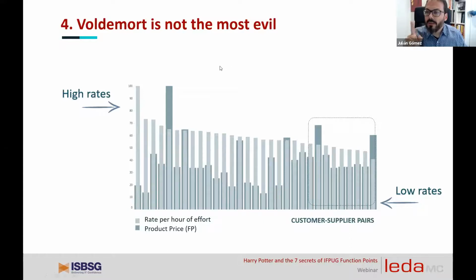But remember that you are not building an application by hours of effort. You are building an application by units of product. In other words, when you create a screen, you are using 3 function points, not 3 hours. That is the point, okay? If we look at it the other way, you can see now that in the first column the rate is very high, but the cost per function point is very low. That provider is not so bad. In other words, it's very good, because for me the important thing is the cost per unit of product, and that